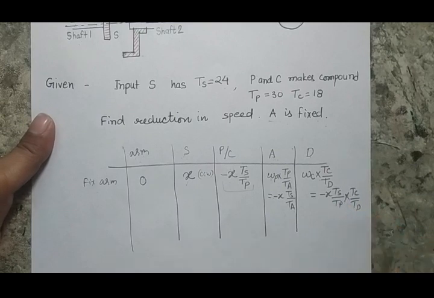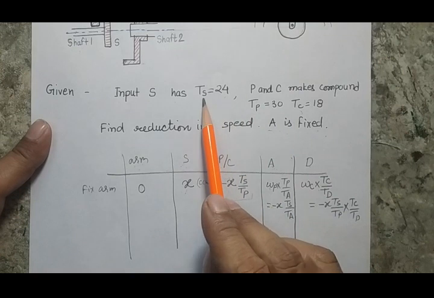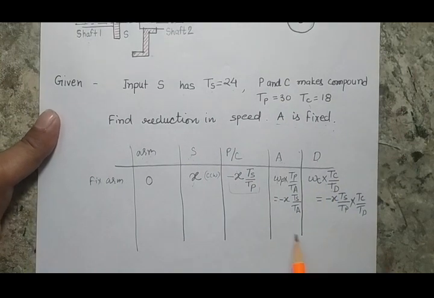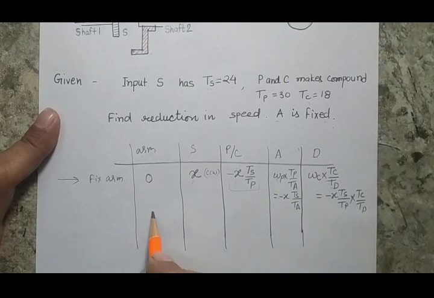So you can see here, in this table you need the number of teeth on gears S, P, C, D, but in the question only P, C and S are available. So that means we have to calculate the number of teeth on gear A as well as on gear D, which I have already explained to you. Now this is the first row, and please remember, if you are able to write the first row, the problem is 70% solved. Now the next step is very simple and standard, that says that if you give rotation